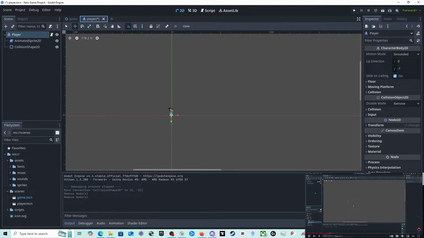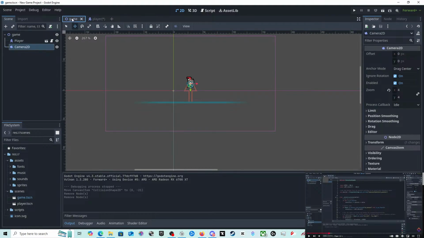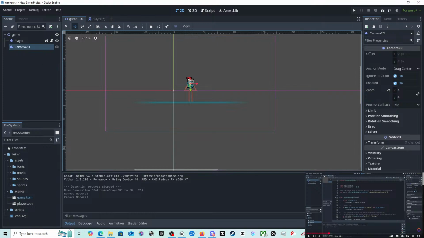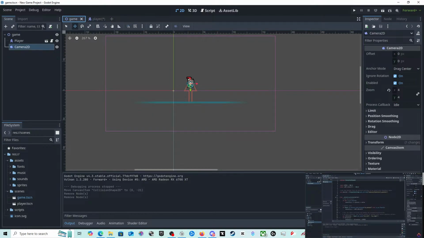Let's add a new node. So then I don't need... I do need the collision thing, don't I? Yeah. Why is that showing up if I'm on a different... So we're in the player tab. We've got player, animation, collision, anything to collide with. And then in our game, we have game, 2D player, view.